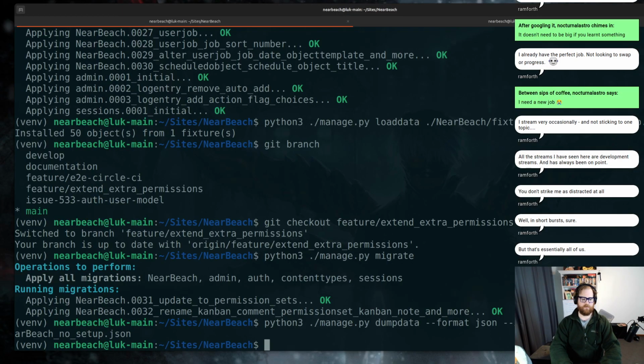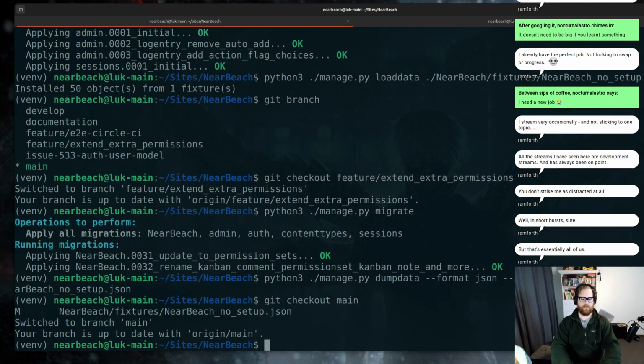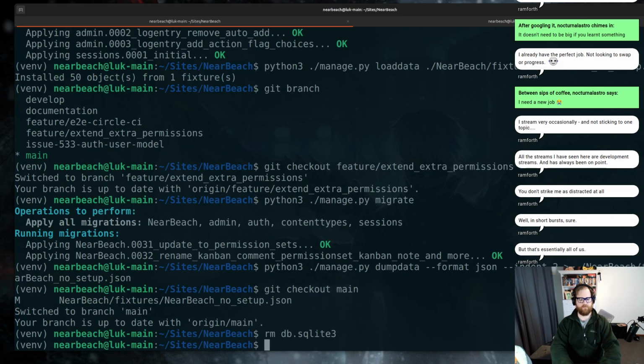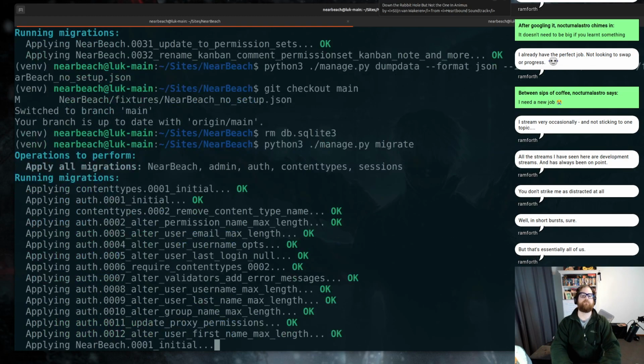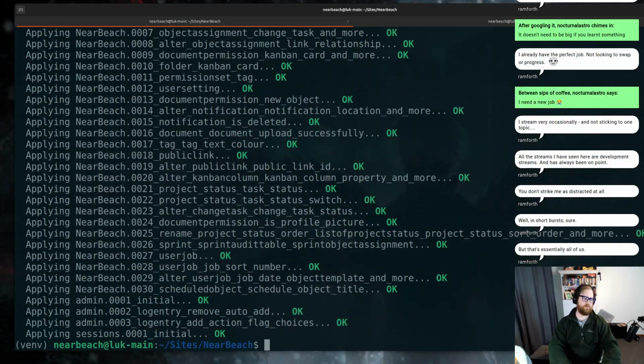Then we're going to go git checkout main again. And we're going to remove the database. We're going to do this again. Manage migrate. The reason why we've got to do it again is we've got to migrate the other ones and so forth for that. I should try and build in a script to actually do this automatically. So python3 manage.py loaddata NearBeach fixtures, NearBeach basic setup,